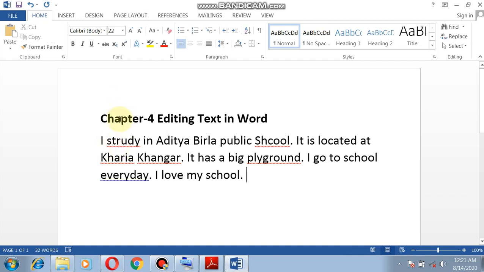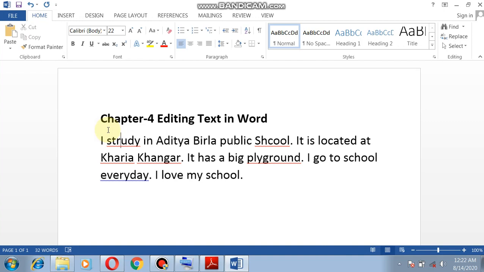You have to be very careful about the position of the cursor. You can see that this is your mouse pointer, your cursor. You can move it by using the arrow keys which are present on the keyboard. You all know we have 4 arrow keys on the keyboard: left, right, top and bottom. With the help of these arrow keys we can move our cursor. First we will bring the cursor with the help of arrow keys here. Now I want to remove this R.